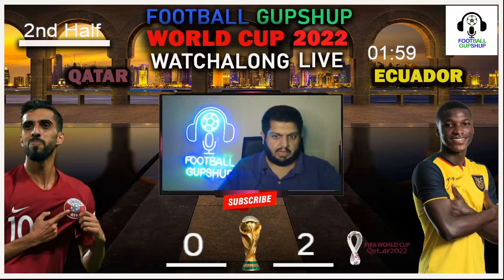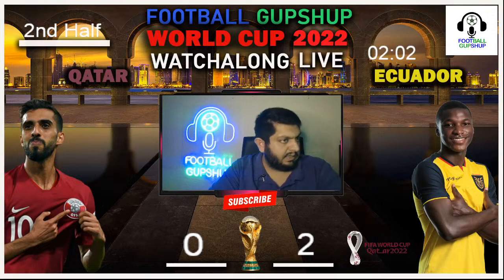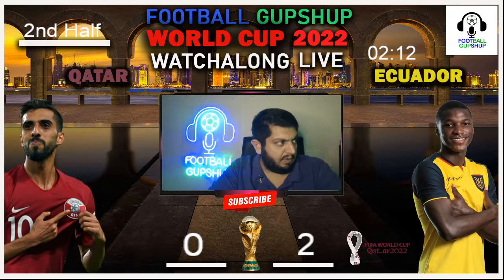So right now, you can clearly see that it is Qatar with the ball, trying to play out from the back. Once again, playing it forward. Qatar once again on the ball. This is going to be interesting right now. They have got the possession. Ball being played forward. Trying to go forward over here. Still running with the ball right now. And ball being pushed out onto the left. And the play goes down on the ground.